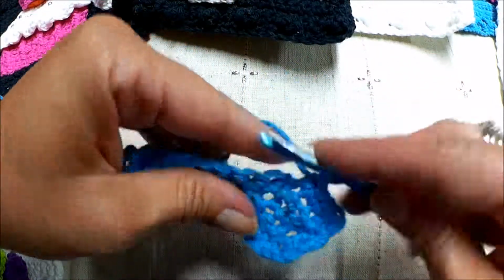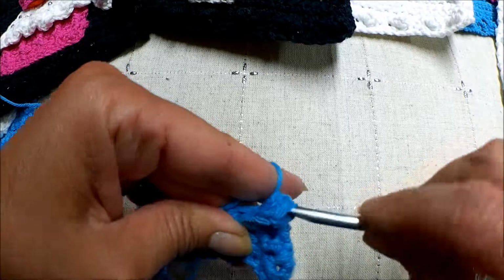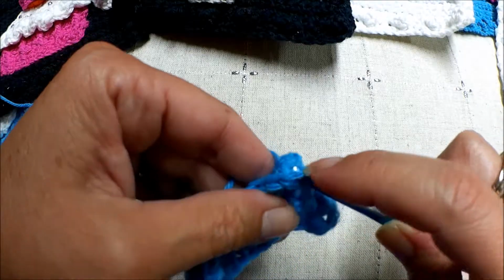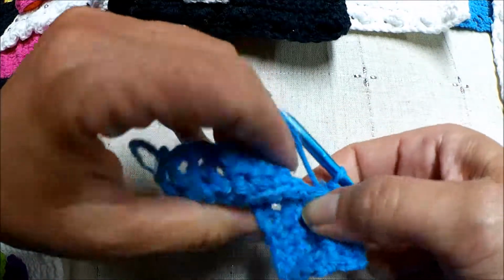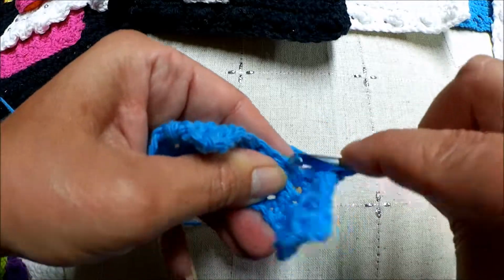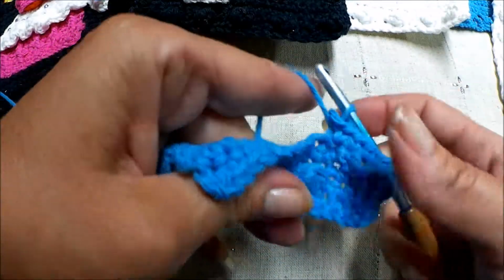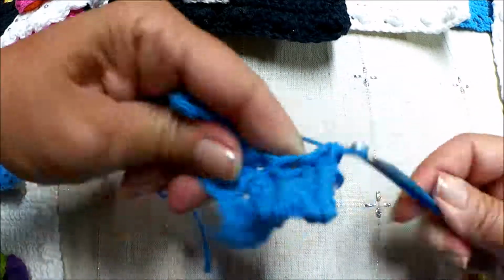Try that again. And there we go. And then 4 more single crochets. So here's 1. Oop, that got a little bit loose. Let's try that again. There's 1,